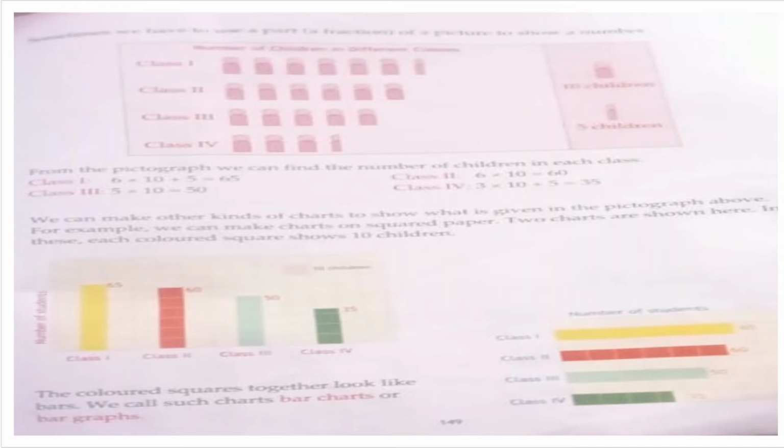Now in class 1, just count how many full candles there are. You can see 6. And how many half candles? Only 1. So one full candle represents 10 children. So 6 into 10 or 10 into 6, either way you can do it. So that is 60. And one half candle is 5 children. So 60 plus 5 will be 65. So you can write in this form. So 65 children are there in class 1.